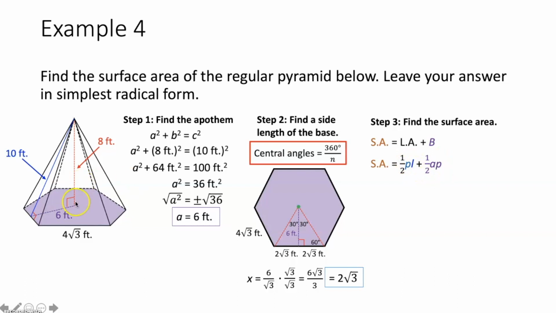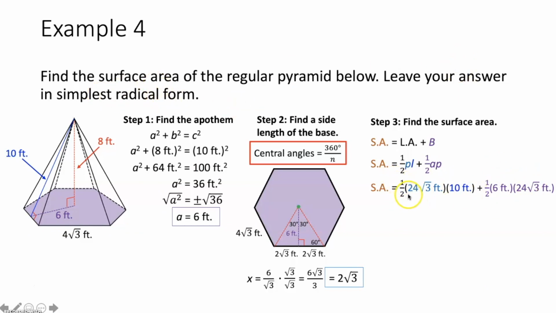P is the perimeter of your base, which is going to be 4 rad 3 feet times 6 sides, so that would be 24 rad 3 feet. We know that our slant height L is going to be 10 feet. We know that our apothem is 6 feet, and we know the perimeter of our base, we just said, was 24 rad 3 feet. So now we need to simplify this, and because it wants our answer in simplest radical form,